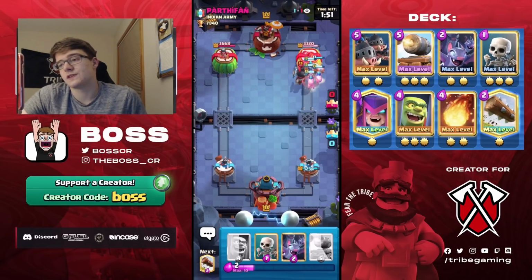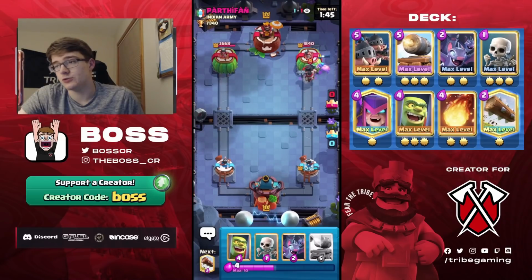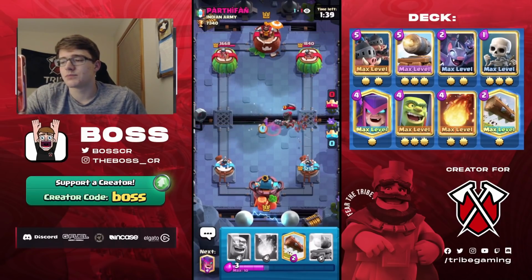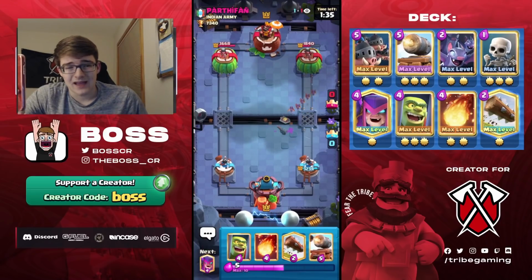He does have the Dark Prince, which is still really, really good against them, but he wasn't able to play it right away. We had the 2 pigs from the Mother Witch too, so we're able to take pretty much half of his tower right there from 1 Royal Hog push. That was really insane, but it was primarily his fault for being overly aggressive with those bats and giving me